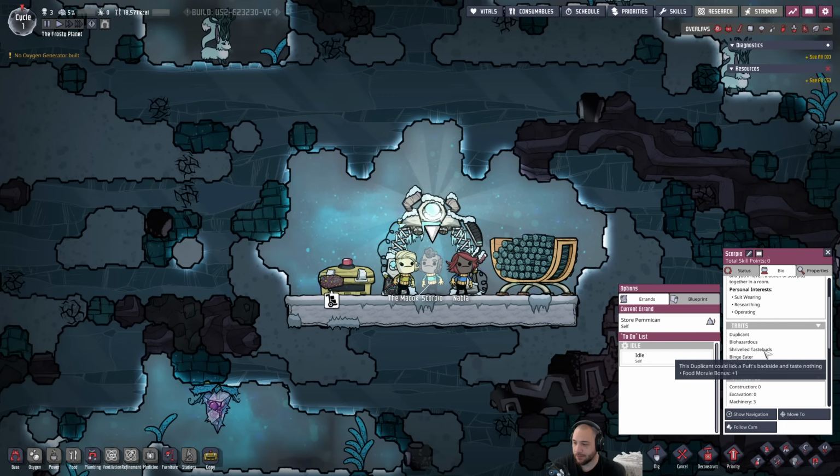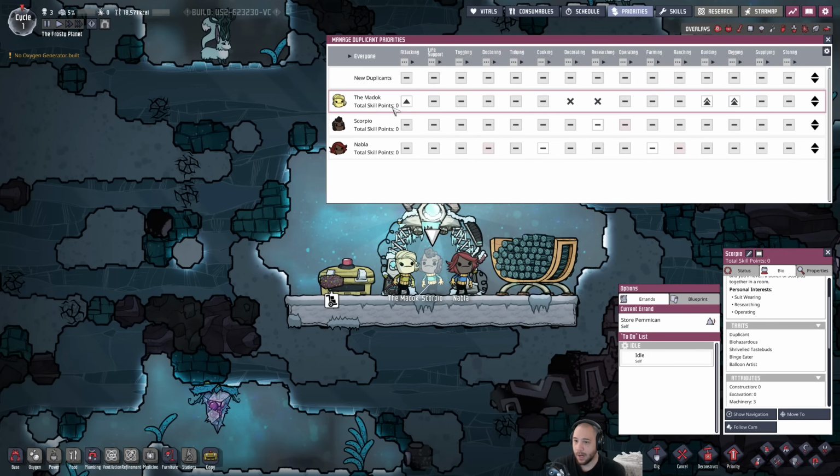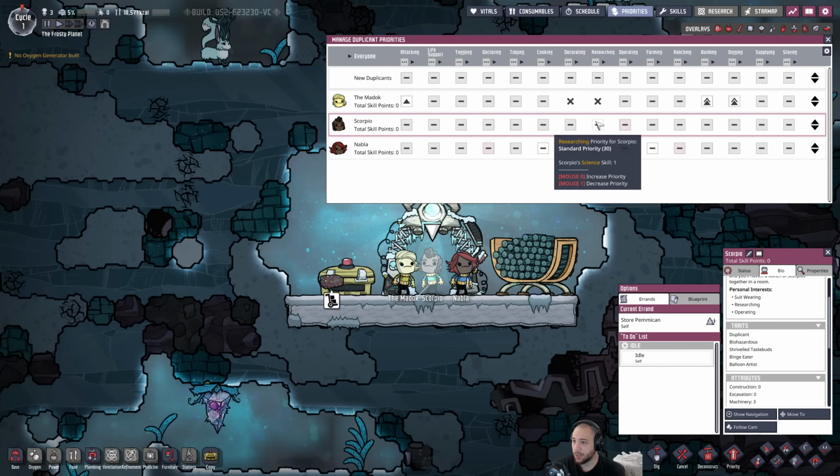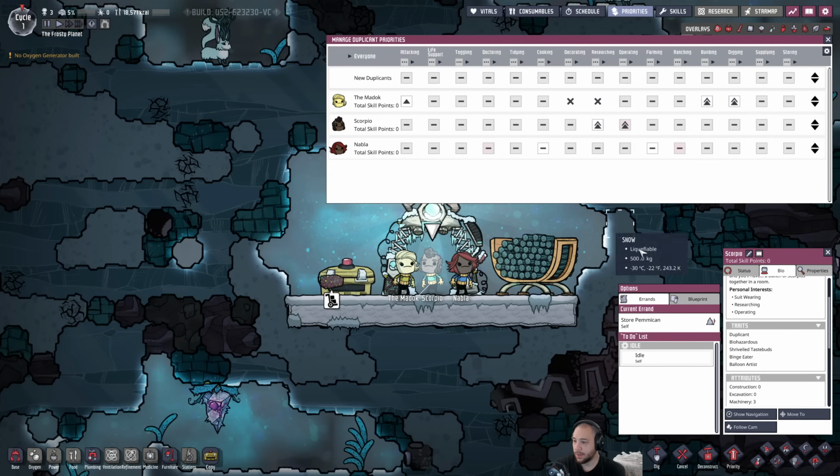And has shriveled taste buds, so is happier eating nastier food, and is biohazardous, meaning lower germ resistance, so we'll get sick more often. All right, prioritize for Scorpius. We're going to do operating and research,